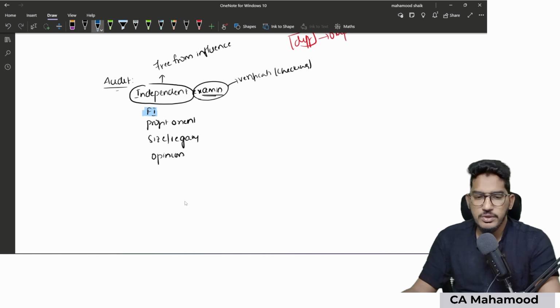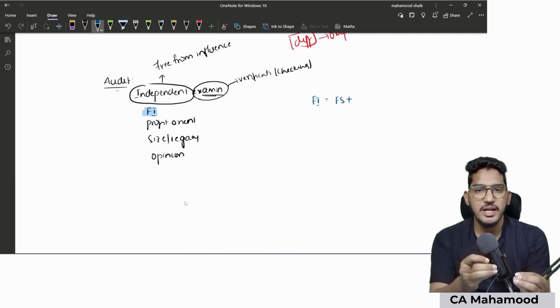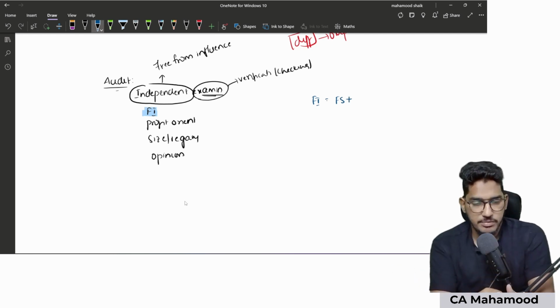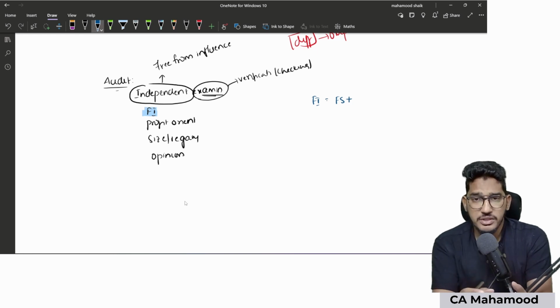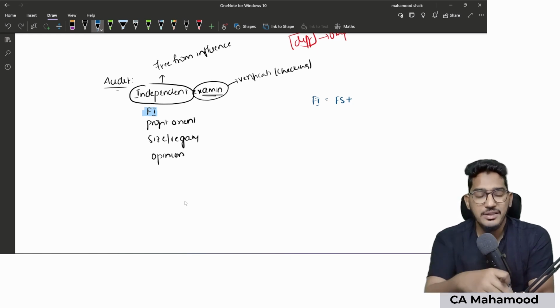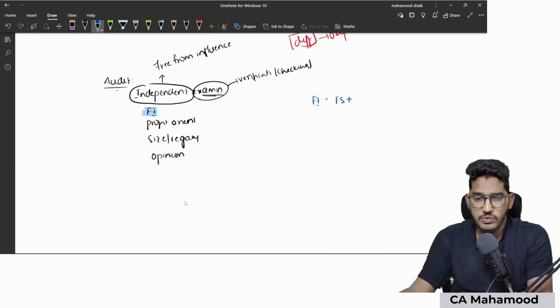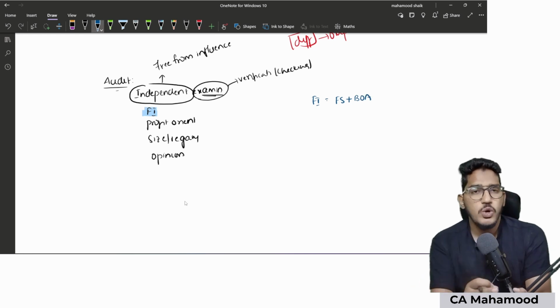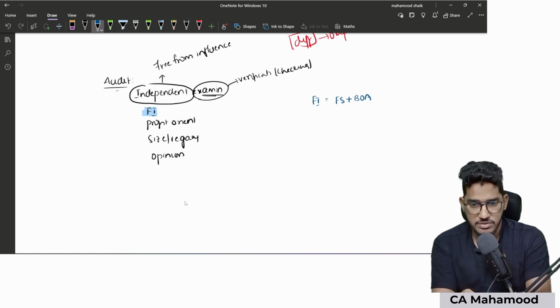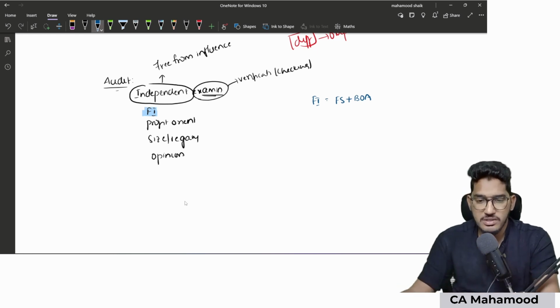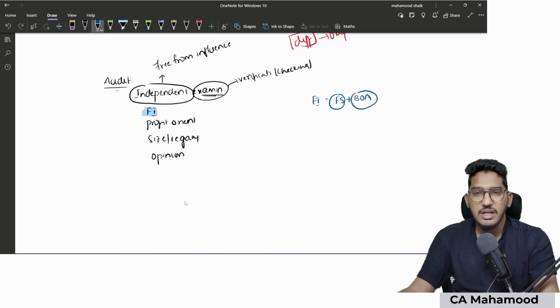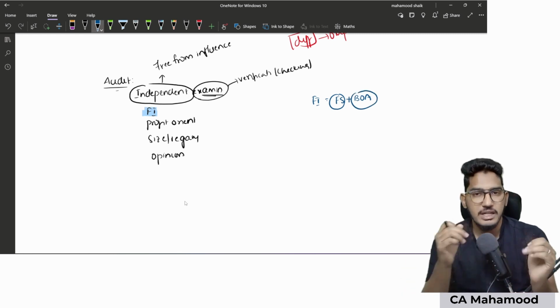So let me put it in simple terms. The term financial information means it is a combination of the financial statements and the underlying data which is used for the preparation of financial statements. What do you mean by financial information? Financial statements and the underlying source data which is used for the preparation of financial statements, which we simply call books of accounts. So as we all know, books of accounts are the source for preparation of financial statements. So the combination of financial statements along with the books of accounts, that collective information, we call financial